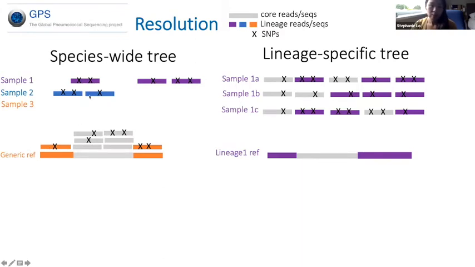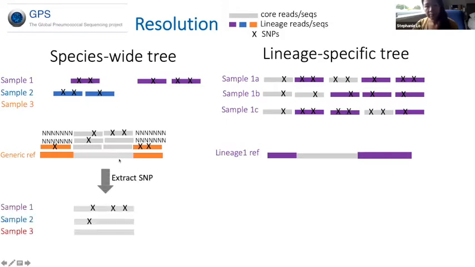However, sample 1 and sample 2, which are not similar to the reference, only the core reads in gray can map to the reference, because their purple and blue color reads are very different from the reference. And then the alignment tool will fill the gaps with Ns, and no SNP will be extracted from these regions. In that case, only SNPs in the core genome were